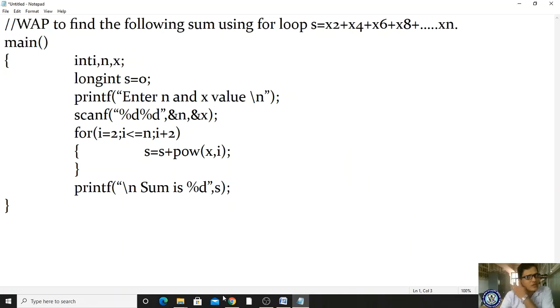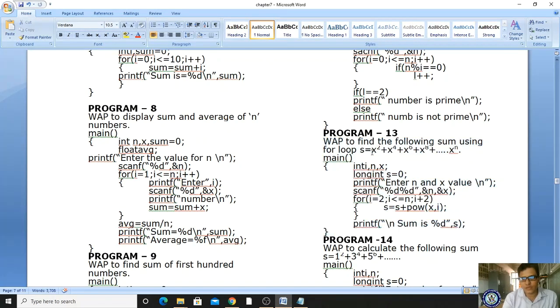First let us see the series: it is x square, not x2, it is x square. It is x power 4, x power 6 and x power 8. Please observe here. x is the base and 2 is the power. x is the base and power is 2. x is the base and power is 6. x is the base and power means exponent.